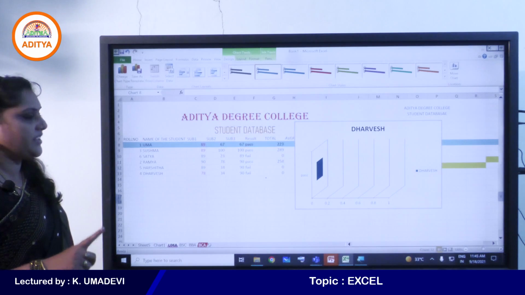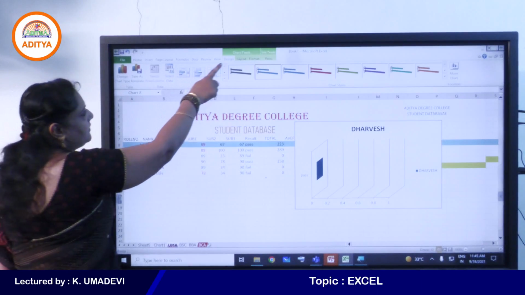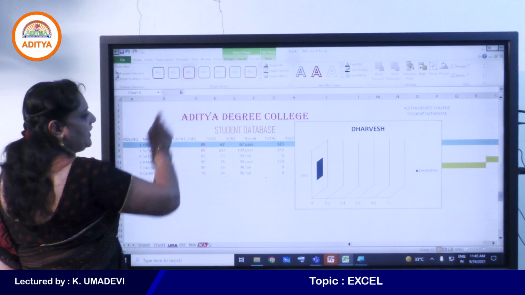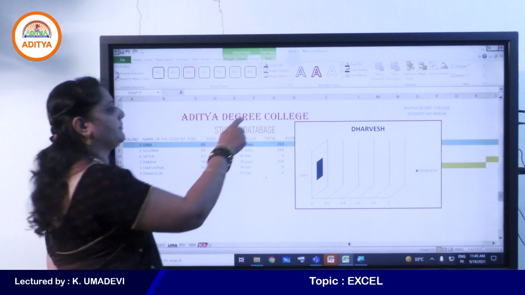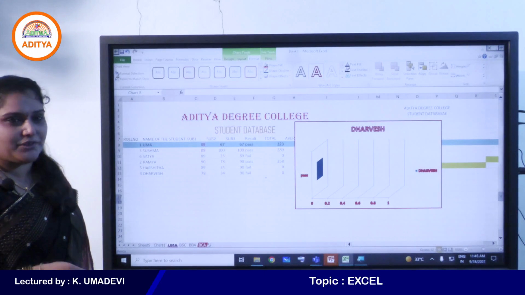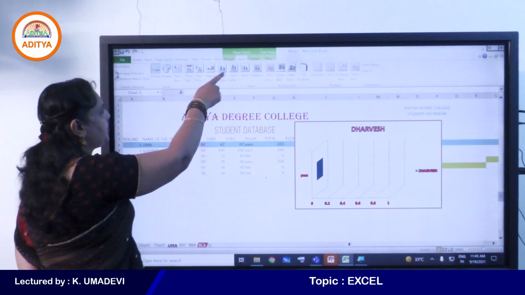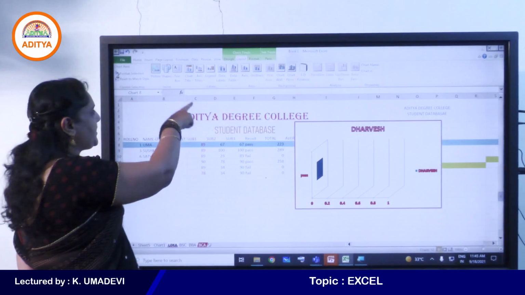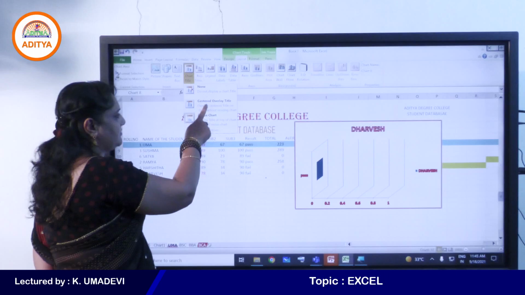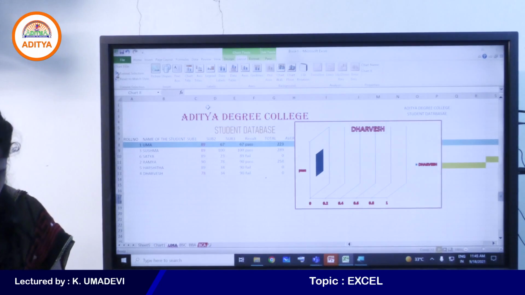Design, Layout, Format. See, if you want to format the inserted chart, go to Format and select any one of them. See, styles will be applied to the text, right? And Layout, to change the layout of the chart, simply go to the Layout tab and you can insert pictures, data labels, titles, etc. Okay, for example, here I want to insert the title as